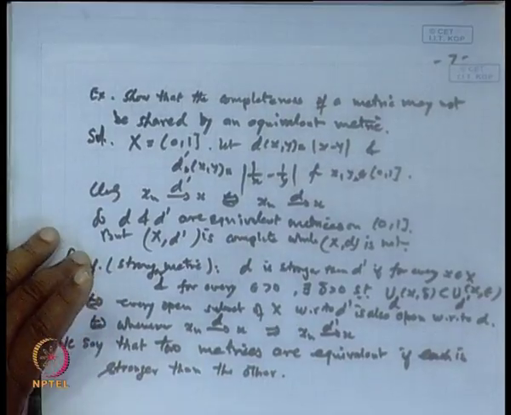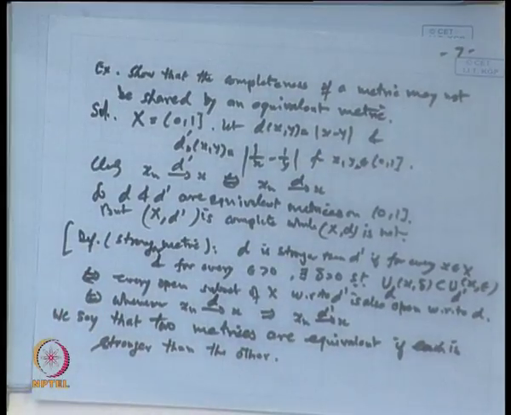What is the equivalent matrix? How to define the matrix? Suppose there are two sets, X is a metric space over which the two metrics are defined, D1 and D2. Then we have to compare those metrics. Then how will you say that with one metric (X, D1) and with another metric (X, D2), what is the difference?